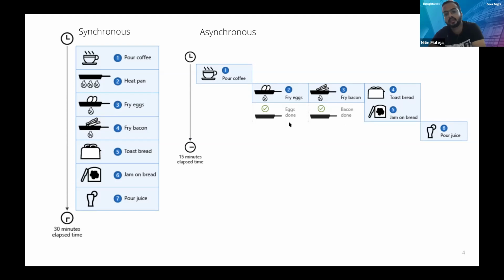The benefit that you get out of it is that your thread doesn't have to block on input and output operations, and it can rather continue executing the rest of the instruction set. So the benefit that you achieve out of it is the response time. So you reduce the response time of your application because your thread is able to utilize that time period in performing other operations.